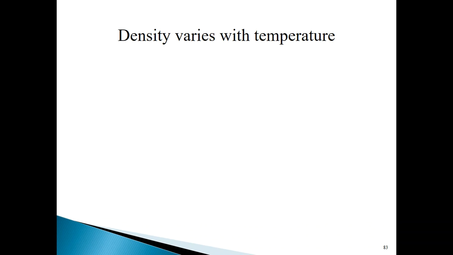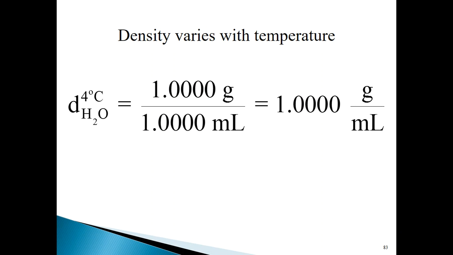So what you'll find also is that density varies with temperature. We all know that most substances, when the temperature increases, the volume increases, all right? Expansion takes place. So for a substance like water, at 4 degrees, the density is 1.0000 grams per mil, because the mass is equal to 1.0000 and the volume is